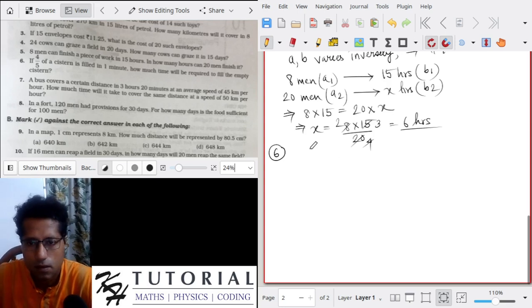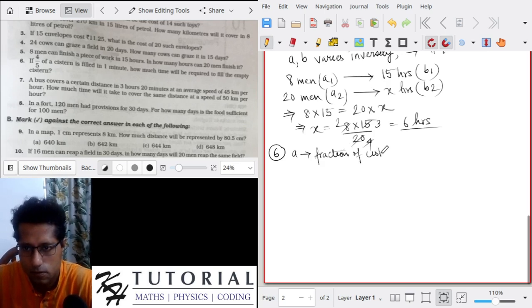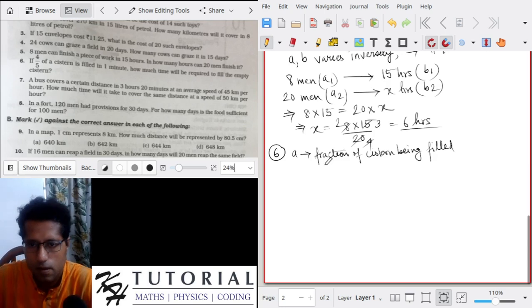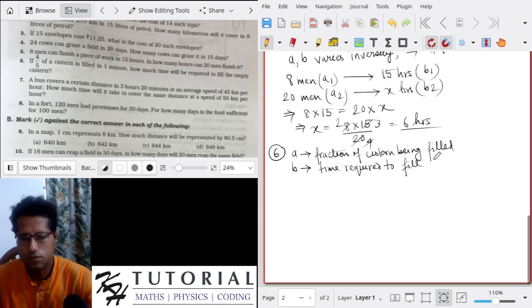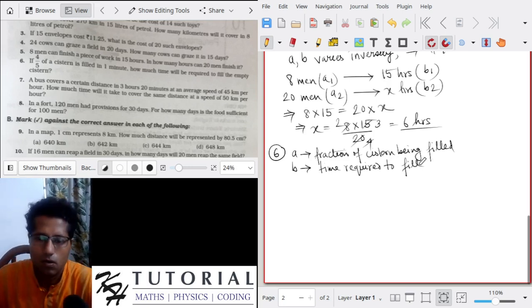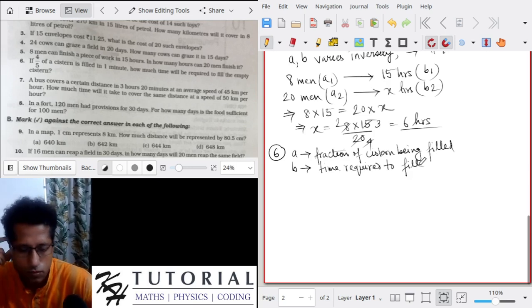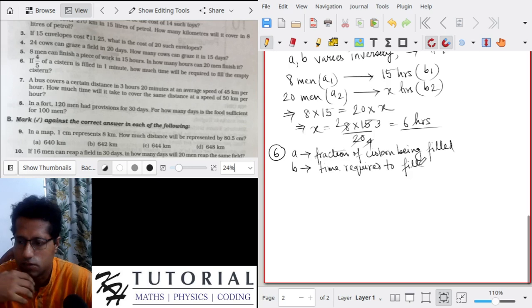Okay. So A is the fraction of the cistern being filled, and B is the time taken, the time required to fill that fraction. That is, A is the quantity, B is the time required to fill a certain fraction of the cistern. Now obviously, if you have to fill a larger fraction, more part of the cistern, it will take more time, and to fill a smaller part of the cistern, it will take